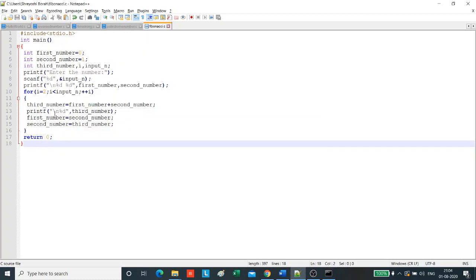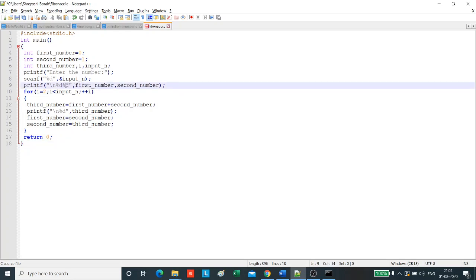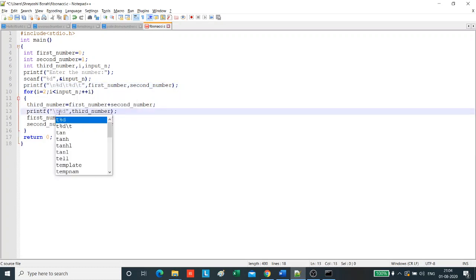Apart from new line, you can also use \t. \t will introduce a space in the line rather than printing it in a new line. It will just give space between the numbers.